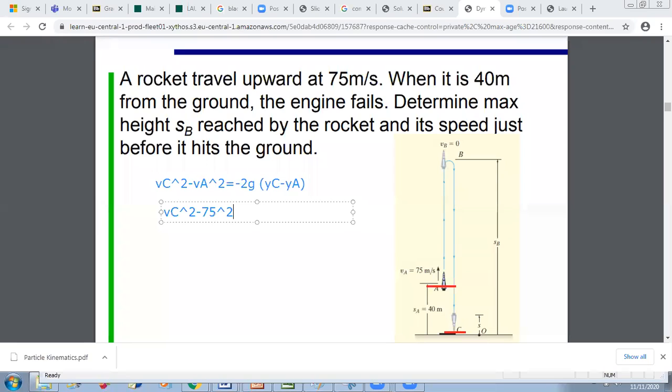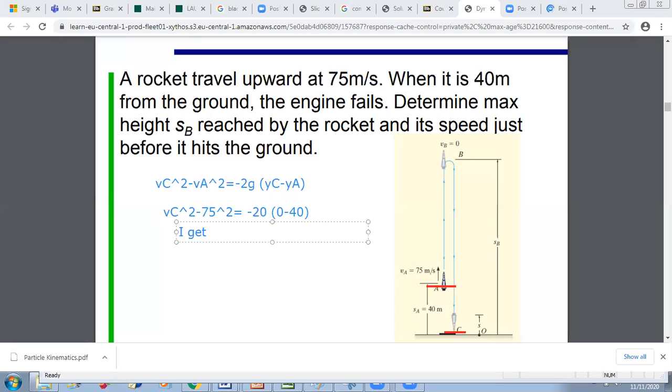is equal to minus 20 times Y of C, which is 0 because I am at the ground level. So times 0 minus Y of A, which is 40. So minus 40, okay? Then the only unknown in this equation is VC, so I get